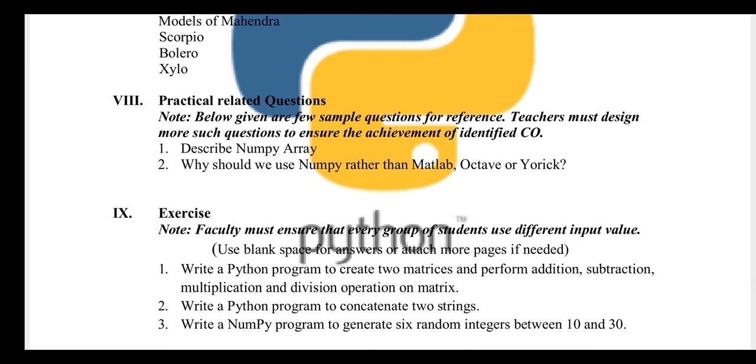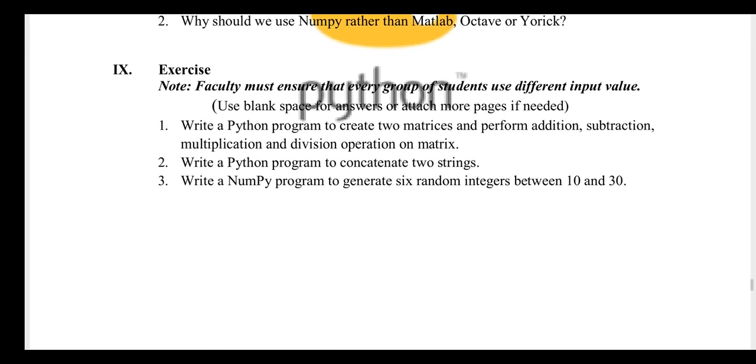Now for this practical you have to describe NumPy arrays, how we can use them, and why we should use NumPy rather than MATLAB, Octave and Yorick for array operations. You have to specify it. For this practical you have to perform three programs.